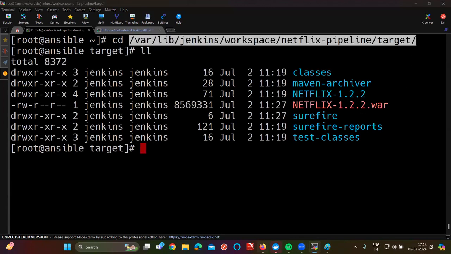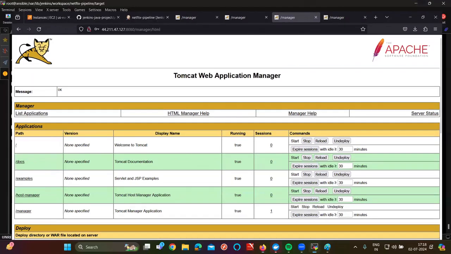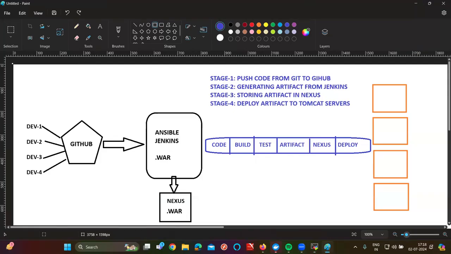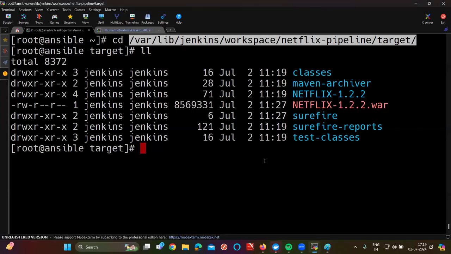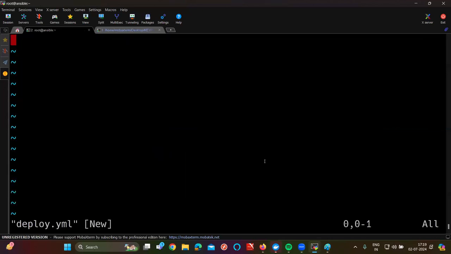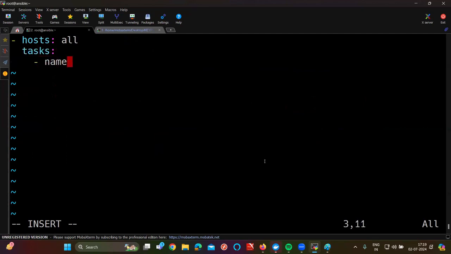Now you want to copy the var file to which server? All the worker nodes of Tomcat. That means you know the source and you know the destination. Write a playbook now. What is the playbook here? Vim. Playbook name is deploy.yml. First of all, I need to put here hosts all, tasks. What is the name of the task? I mean like copying the artifact or like deploying the var file. Anything is fine. Deploy